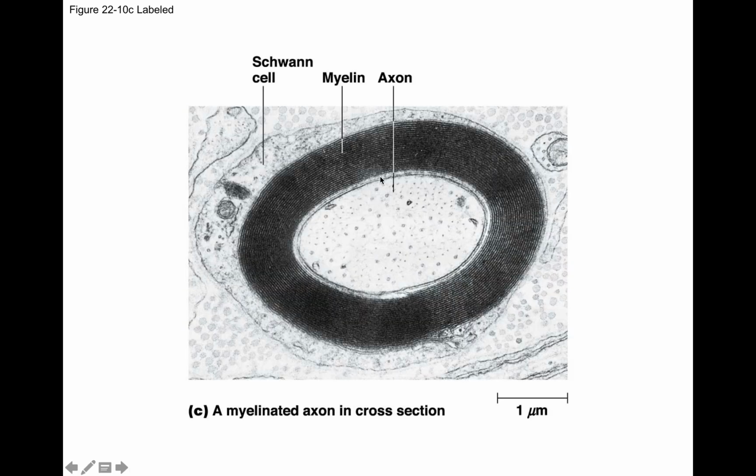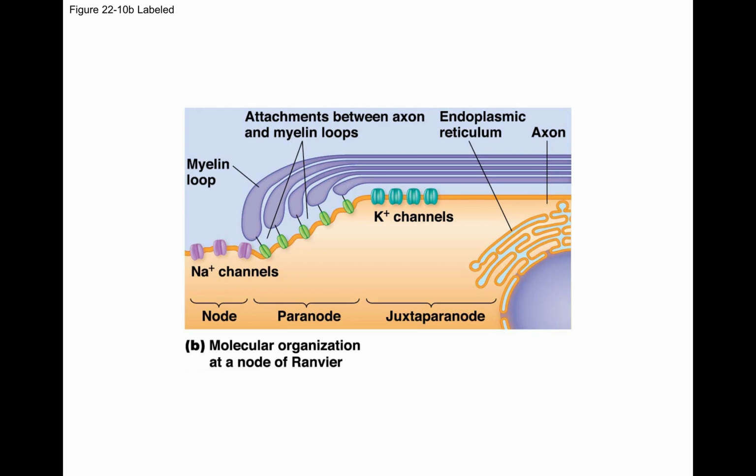Just to show you this picture. This is a cross section to give you an idea. Here's the axon, and here's the layers of myelin, and here's the Schwann cell that has laid down these multiple areas of membrane. So you can see how this would be very well insulated, and it would be hard for ions to get in and out over that part. Okay. So this is just another diagram to show you that there are multiple connections made with the cell through these myelin layers.